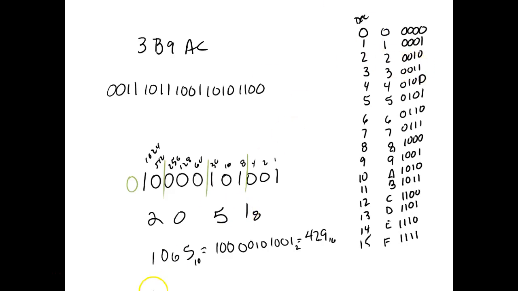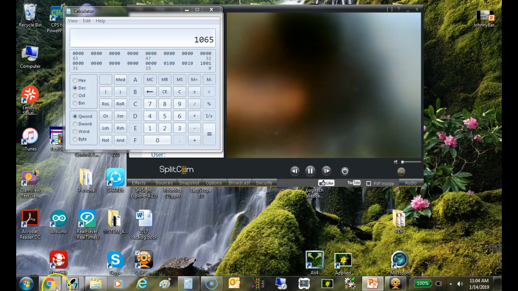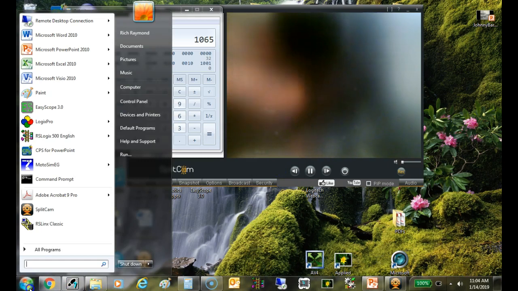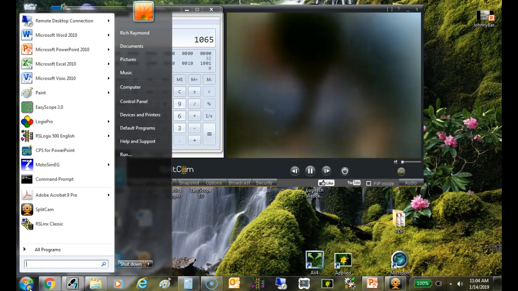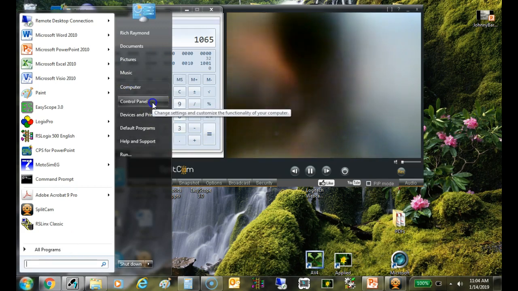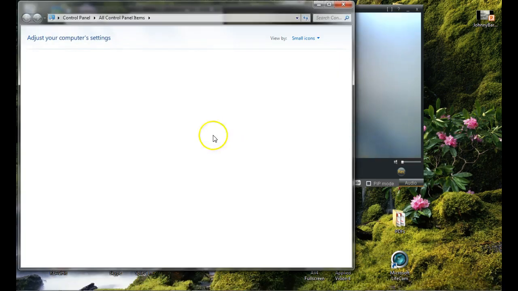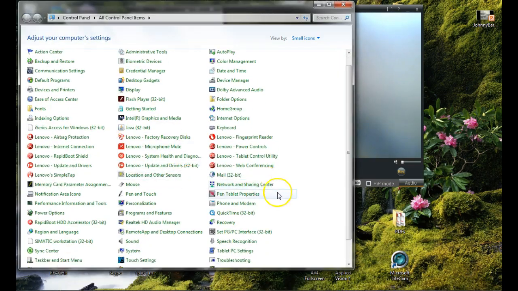So this is what I was showing you right off the bat: all the addresses available in this computer, and it's available even on Windows 10, by the way. On Windows 10, they don't put Control Panel in your pop-up menu. You have to type it in. So down there in the search box on Windows 10, you just type in control panel, and Control Panel pops up. And then what we'll do is we'll look for